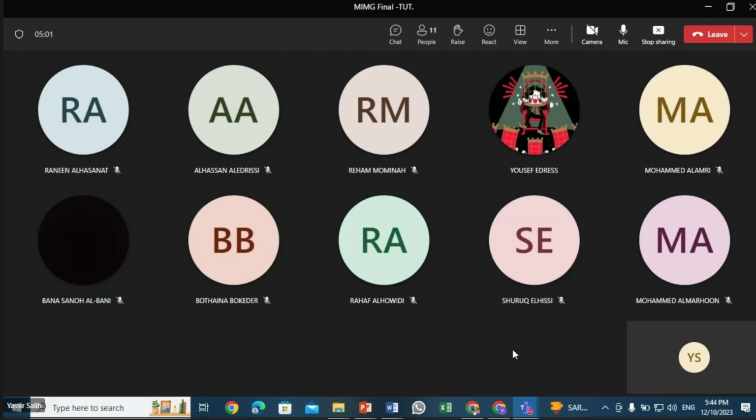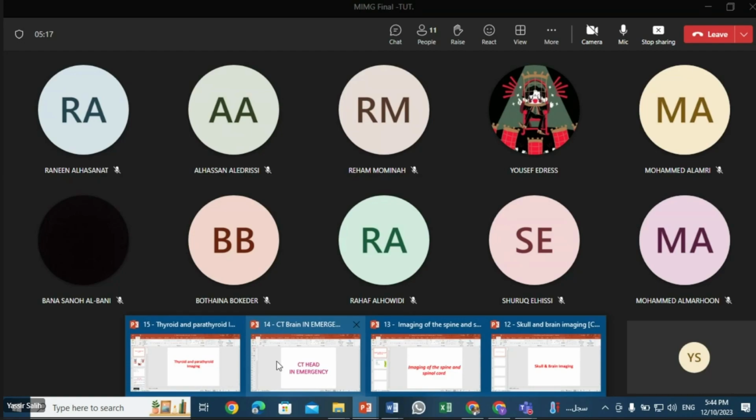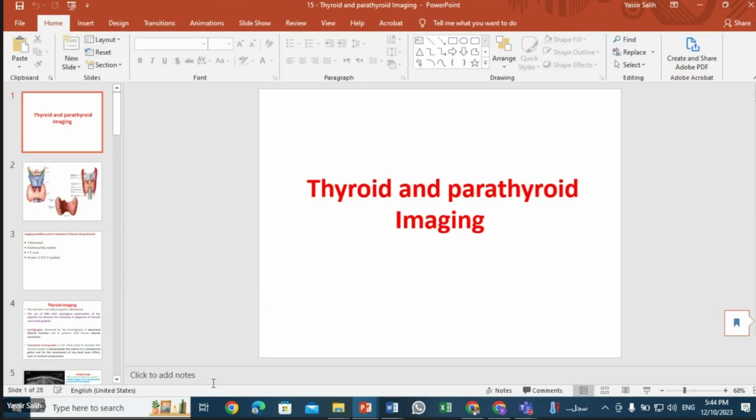Also, we are going to focus on the points that may mostly face you during the exam. Inshallah, we will start from the last lecture, the thyroid